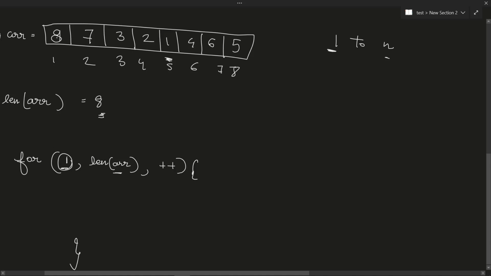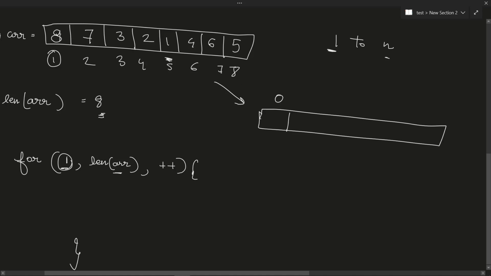Let's see the same array that we are working on. At the first position, the 0th index, the number 8 will get replaced by 1.